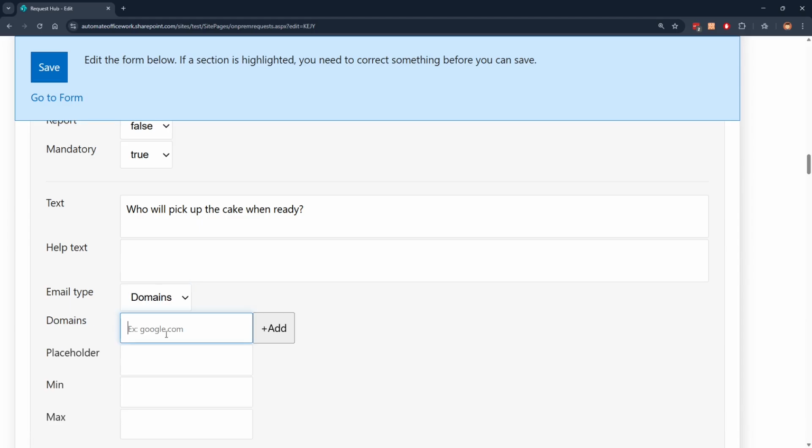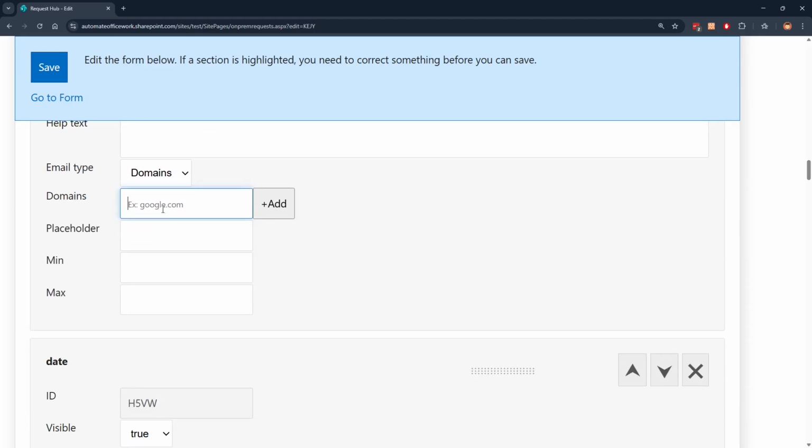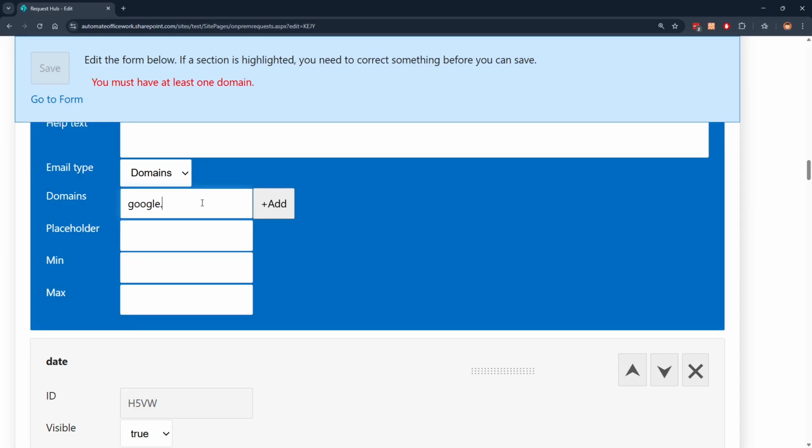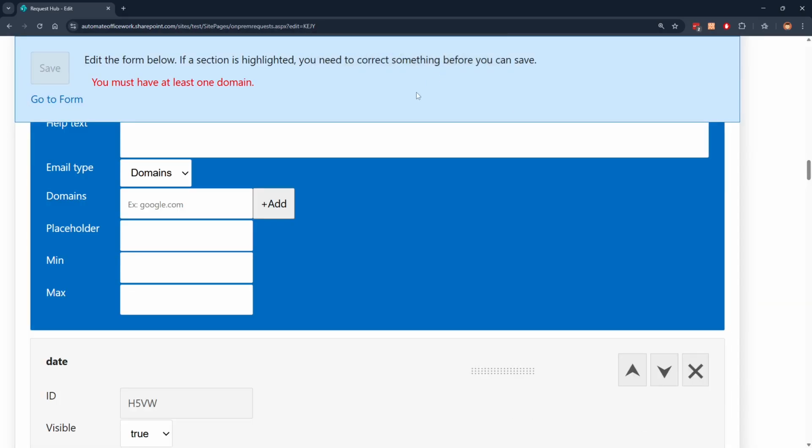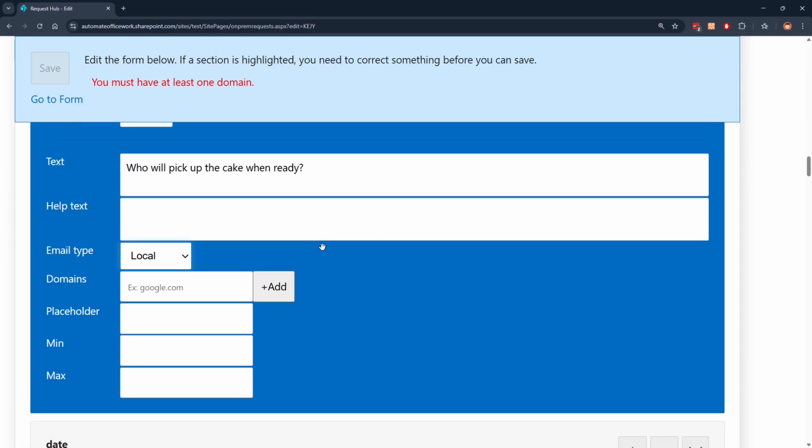The next option is domains, and you can type in the domains of email addresses that are acceptable. So here I've got example google.com. If you did actually add this, google.com, and you add that, then any other domain is not acceptable. Do you want to delete this? Okay. So, and then I'm going to select local. And local,